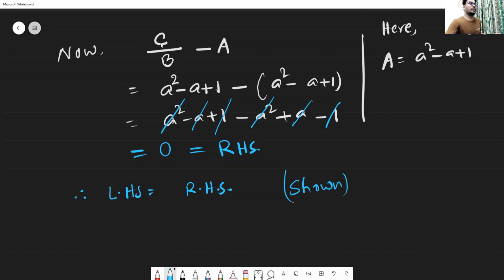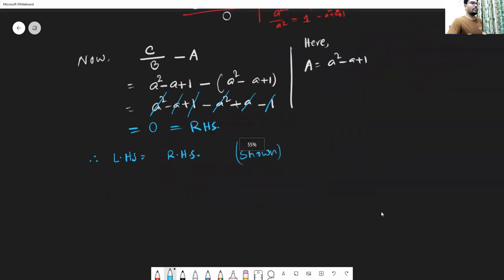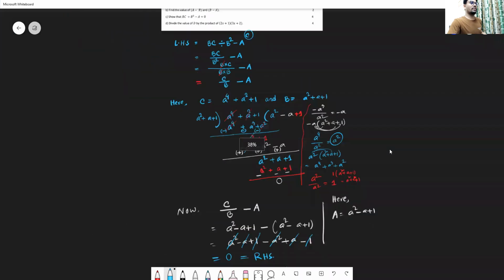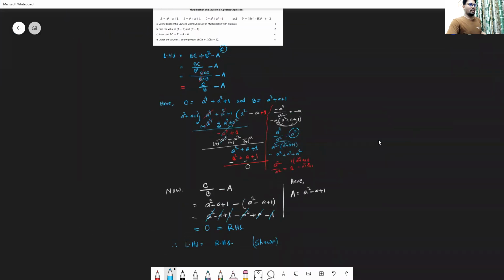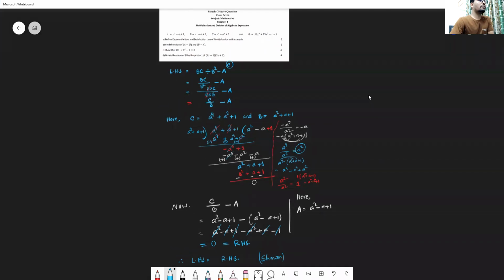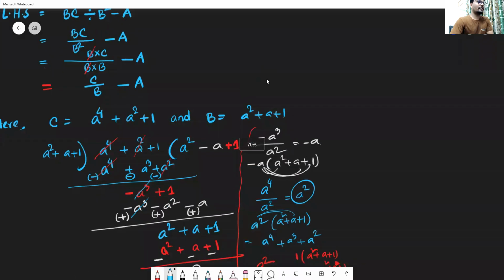So I think now the concept is very clear to you. Left hand side and right hand side both have the same answer. So you can take the screenshot. Now next questions, almost